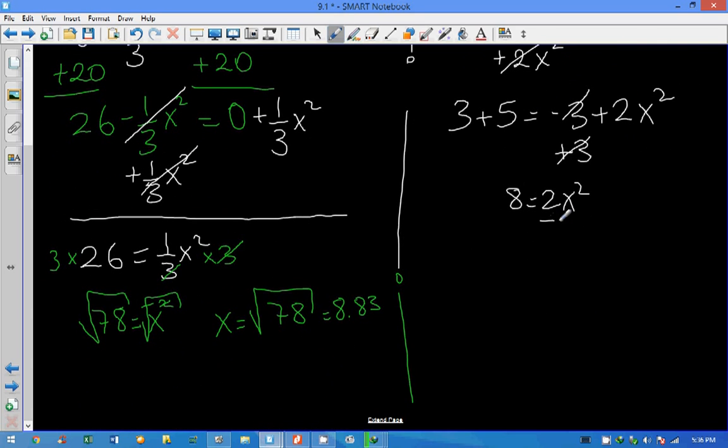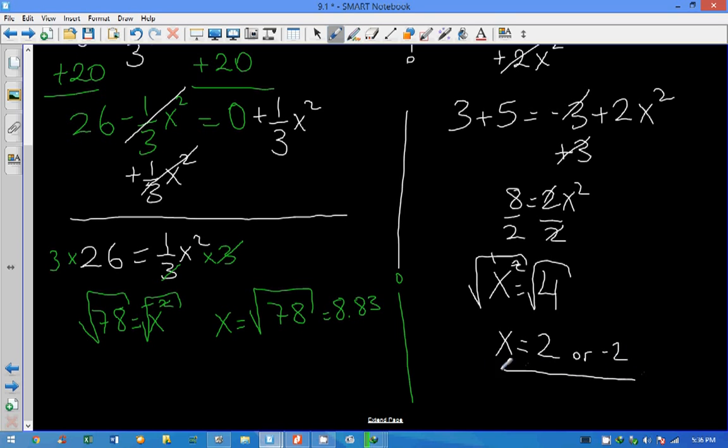The next step is to divide by 2. x squared is equal to 4. Take the square root of both sides. And x equals 2 or negative 2. As you remember, on the first problem, we explained why it's going to be negative 2